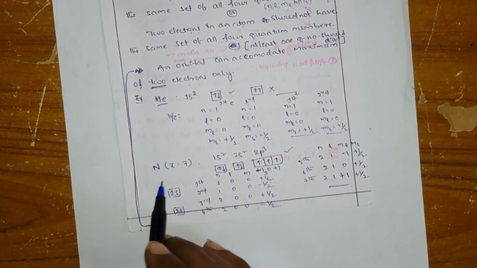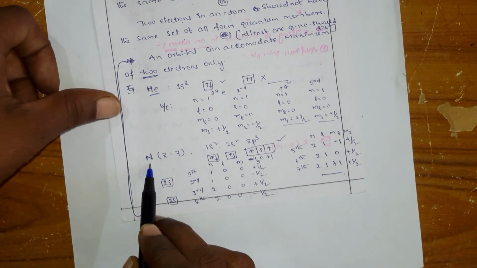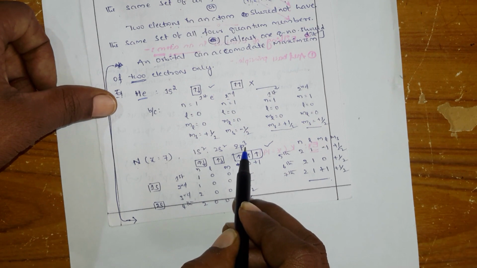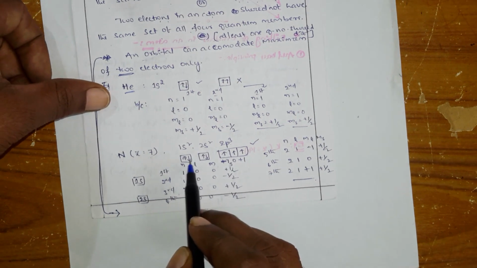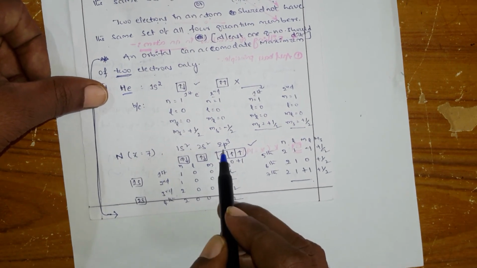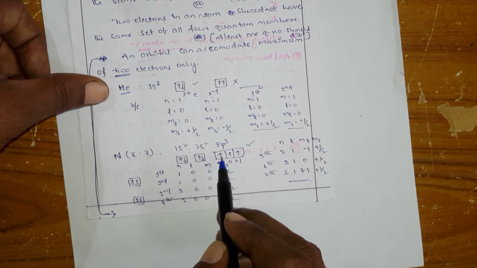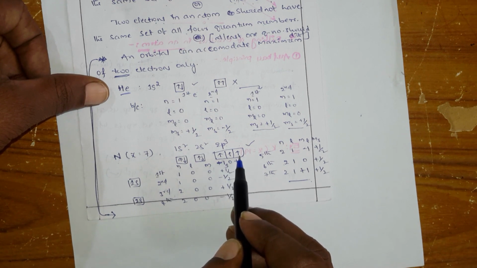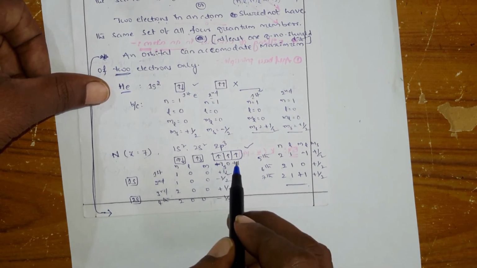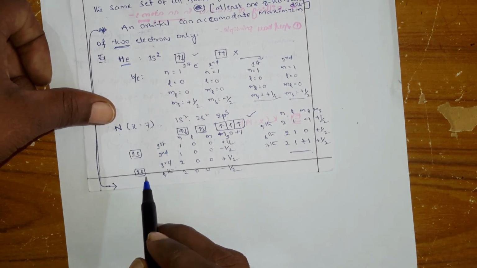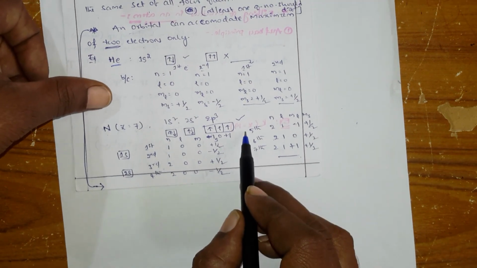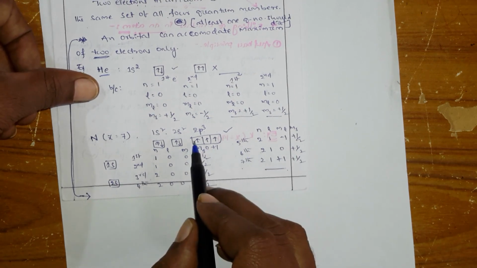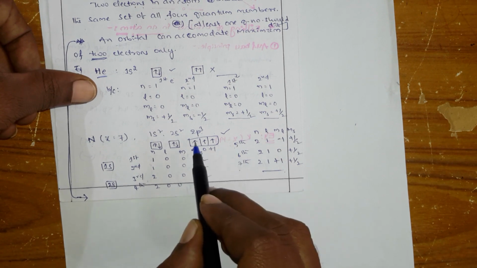Is there any other example? You see, for nitrogen, Z is equal to 7: 1s2, 2s2, 2p3. The 2s2 we have already discussed, leave it. 2p3, how are you filling? 3 electrons, one in one orbital, another one, and another one. Okay, so for these 3 you count. For the 5th electron, 6th electron and 7th electron, are they the same? This is the 5th electron.